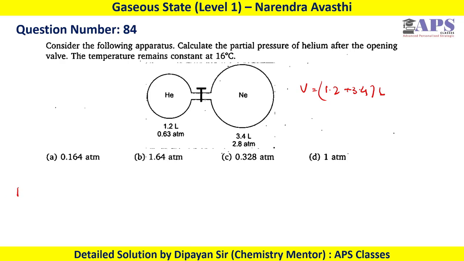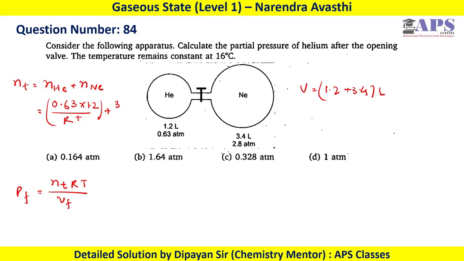So we can calculate final pressure like this: total number of mole into RT divided by total volume. Total number of mole is nothing but number of mole of helium and number of mole of neon, and all the conditions are given. So we can calculate number of mole of helium like this: pressure into V divided by RT